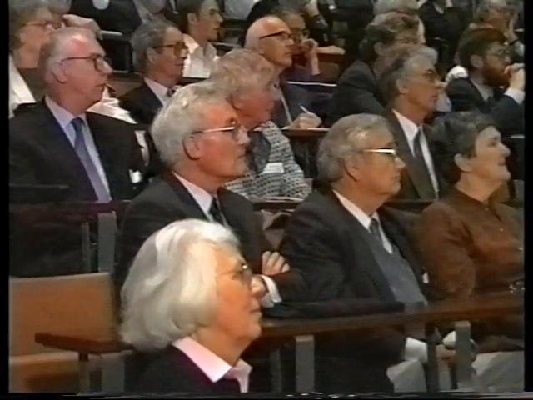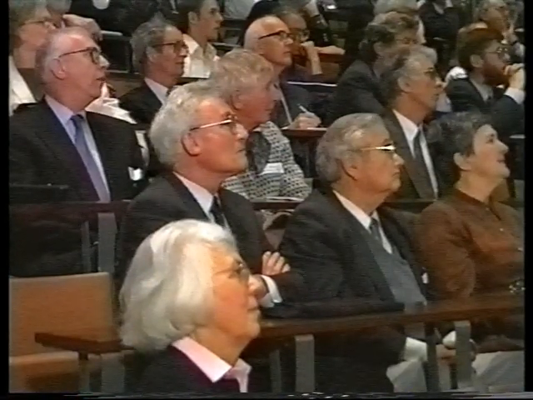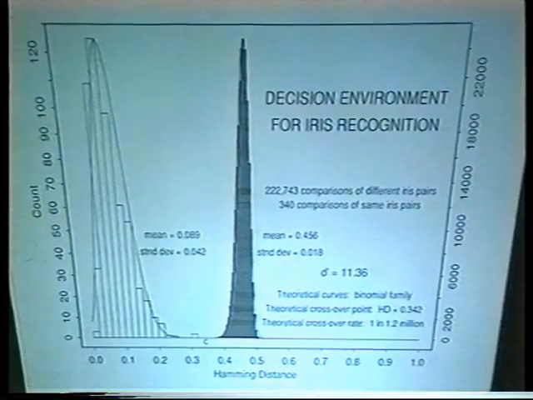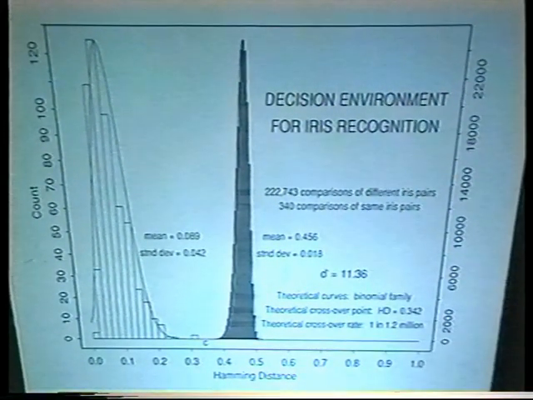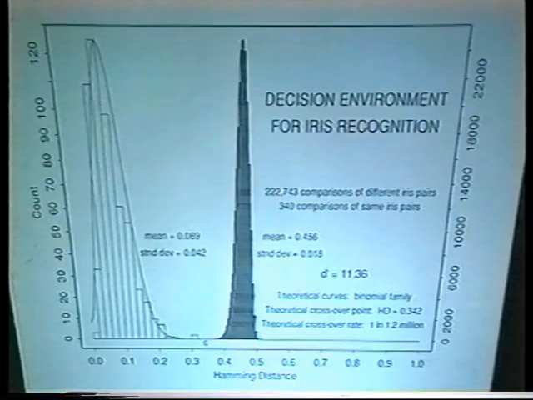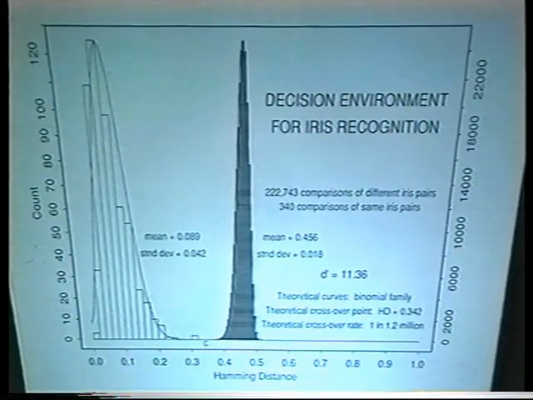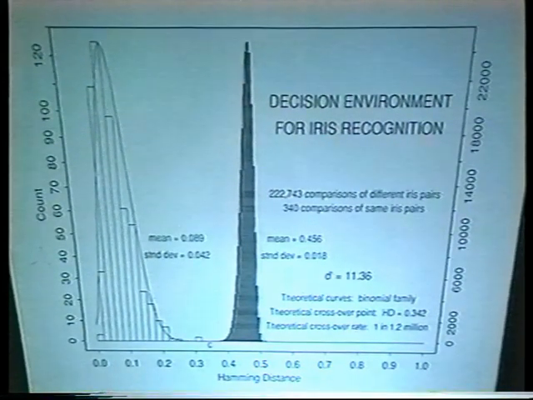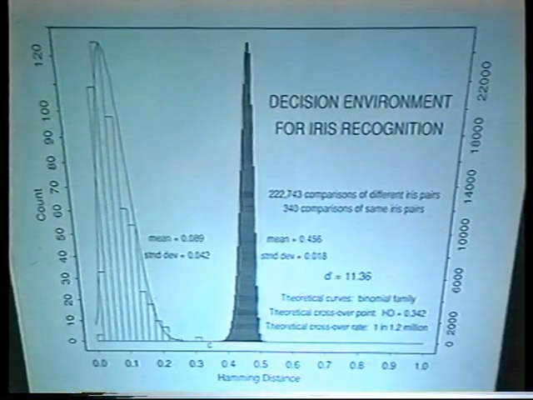Finally, that tells us what is the decision environment for iris recognition. The pair of the two distributions you get for when you take different images of the same iris over time, that's this distribution, versus images of different irises, and clearly these two distributions are well separated. This is a problem that we can solve just by making a decision criterion in here. We get reliable identification with a theoretical crossover error rate of about 1 in a million when the criterion is there where the C is indicated.